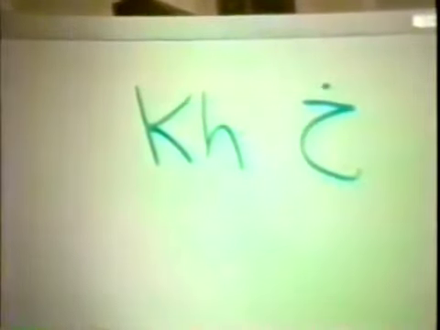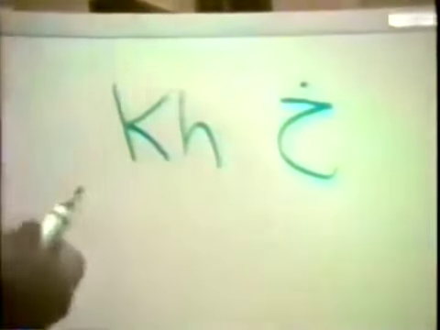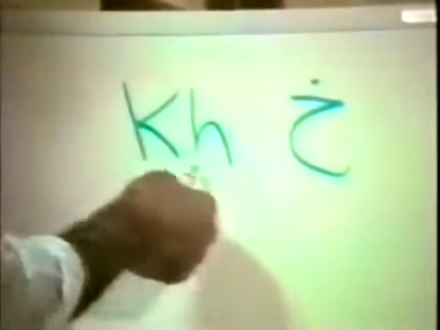The next letter looks exactly the same, except it has a dot on the top. Now this is the letter Kha. This is the letter Kha, not the other one. The other one is Ha. The letter before this one is Ha. This is Kha. It comes from the throat, kha. The other one is ha. This is kha. It is represented by the English kh. Of course, there is no kha in English. Maybe there's some in Scottish where they say the lach, monster, the kha. But there is no English kha, so we represent it by kh.